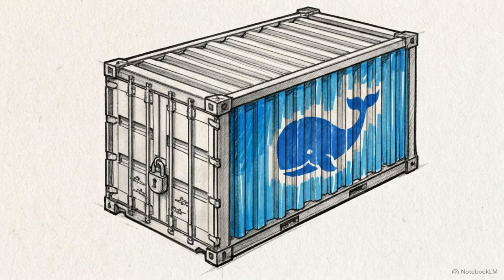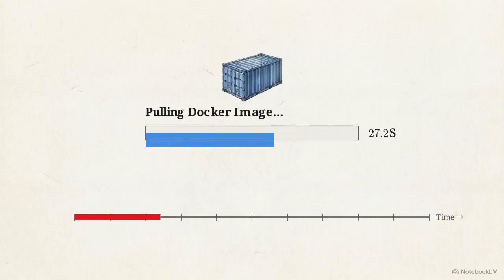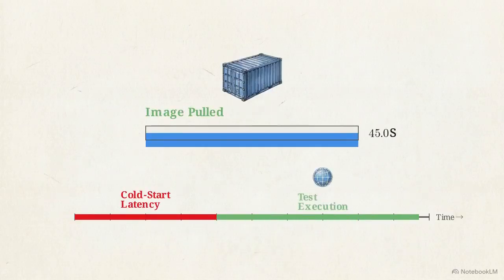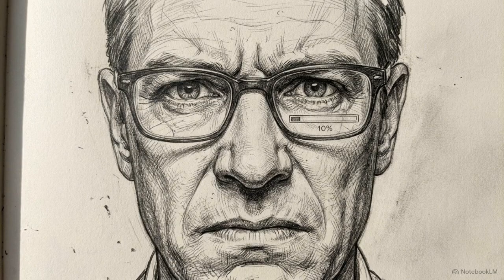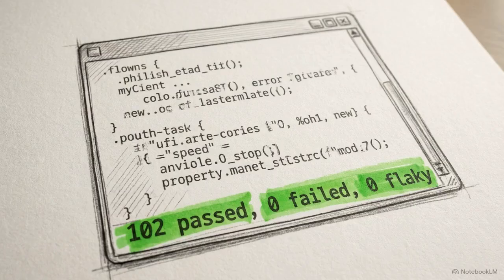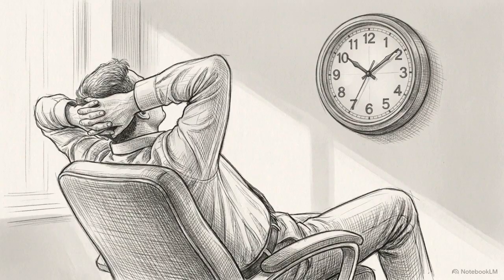The most effective way to eliminate this gap is to lock your execution environment inside the official Playwright Docker image. There is a trade-off. Pulling a Docker image introduces cold start latency. Because of this overhead, this setup is only beneficial if your test suite is large enough, typically over 100 tests, to offset that initial load time. If your suite meets that threshold, fixing the underlying environment removes the illusion of flaky tests and saves hours of